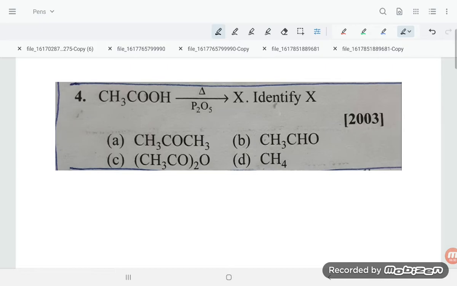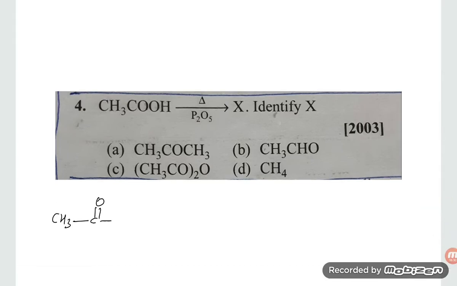The next question is, here the acetic acid is reacting with what? That is P2O5. Acetic acid is reacting with P2O5, and P2O5 is the dehydrating agent, student. So what we are going to get is anhydride. Here we are going to add P2O5. Here CH3, C double bond O, and OH. If you see, students, the acetic acid formula CH3 C double bond O OH is there.